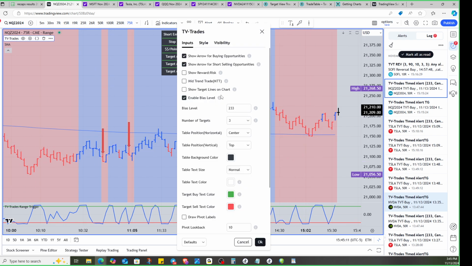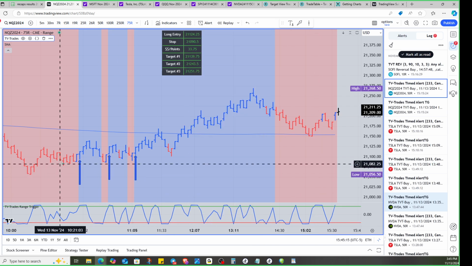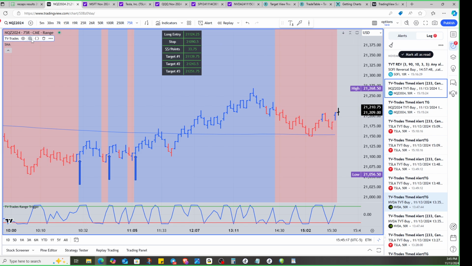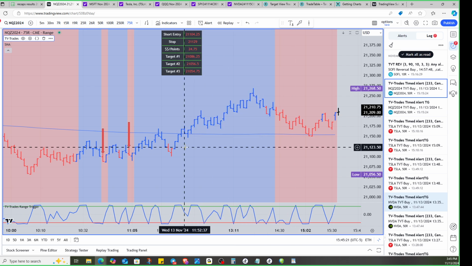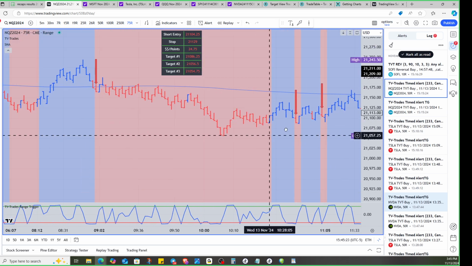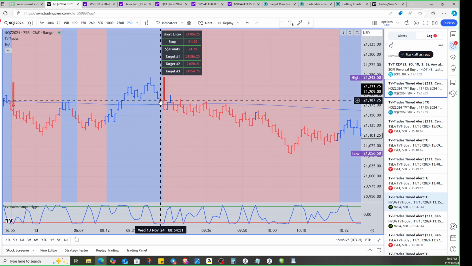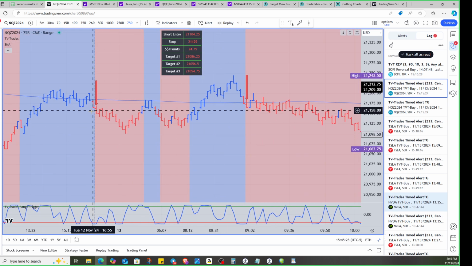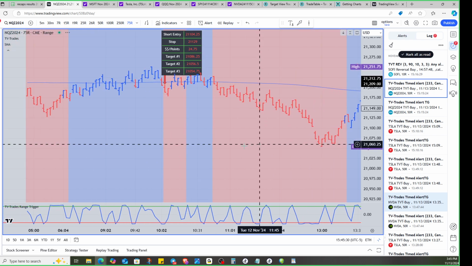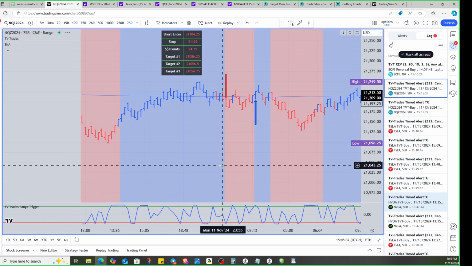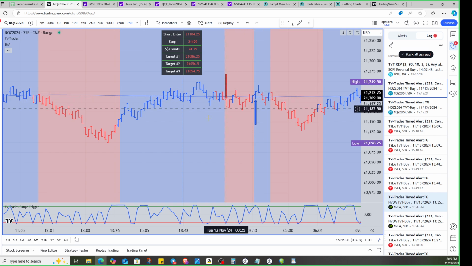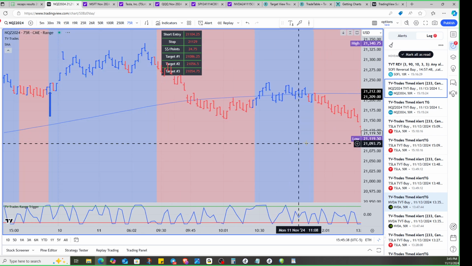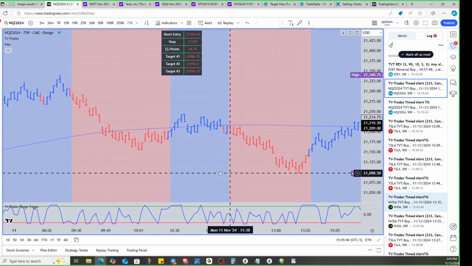Okay, now the NQ does have the shorts and the longs on. You can see it's not showing any longs right here, but if we put the NQ, I do want to have the shorts and the longs and the bias. Okay, but with the 75 range, it'll give you more time to get in position to take the trade. Okay, and with the bias on, I usually get rid of these things right here, where it doesn't go in either direction, and it gives you 2 right in a row. But